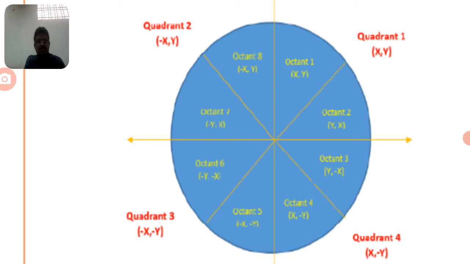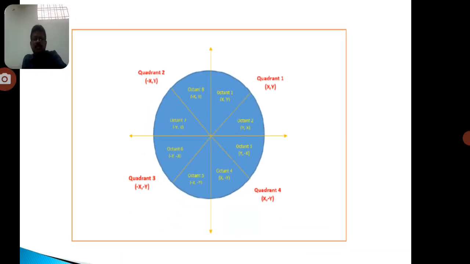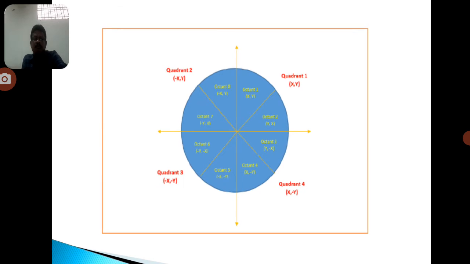So we can observe, once we find the one octant elements in quadrant 1, it can be divided. We can apply the mirror method: x, y, and in the reverse order we consider y, x. In quadrant 2 the elements are minus x, y, so the mirror element we consider is minus y, x. Whatever the elements, we consider them in the reverse order. So this is the circle of this particular midpoint.